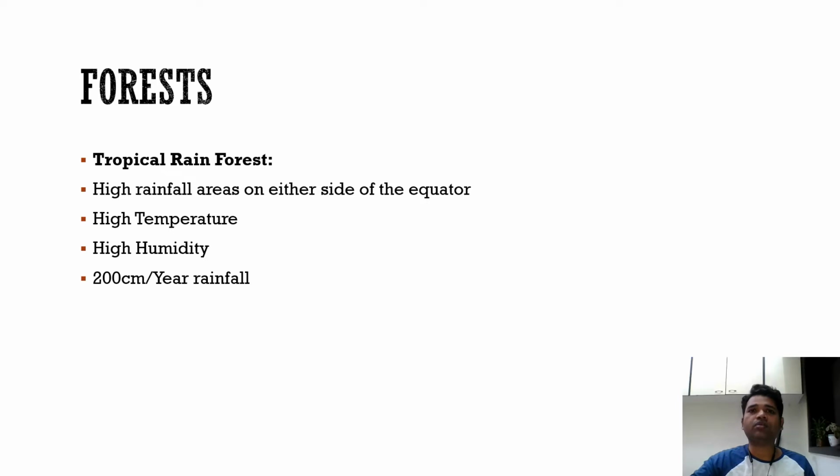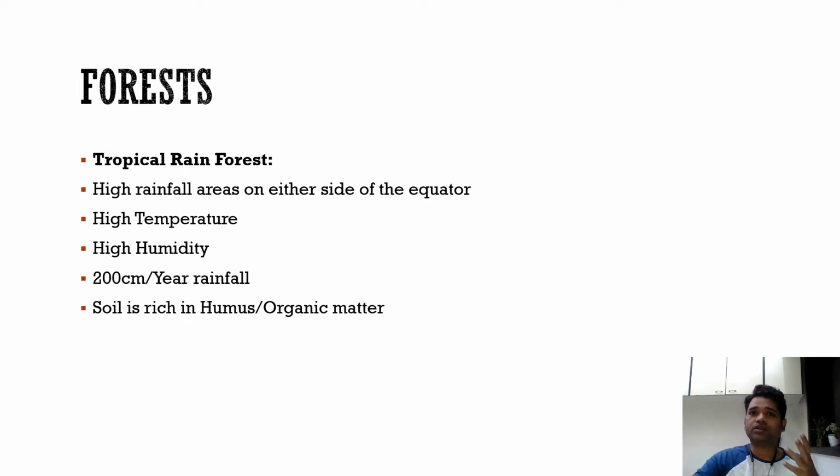That's high availability of moisture, and due to the presence of a large number of trees and organic matter, the biomass or the soil of this type of forest is highly rich in nutrients in the form of humus or organic matter. This gives a high fertility to the soil, and because of the highly fertile soil, the vegetation grows very well,